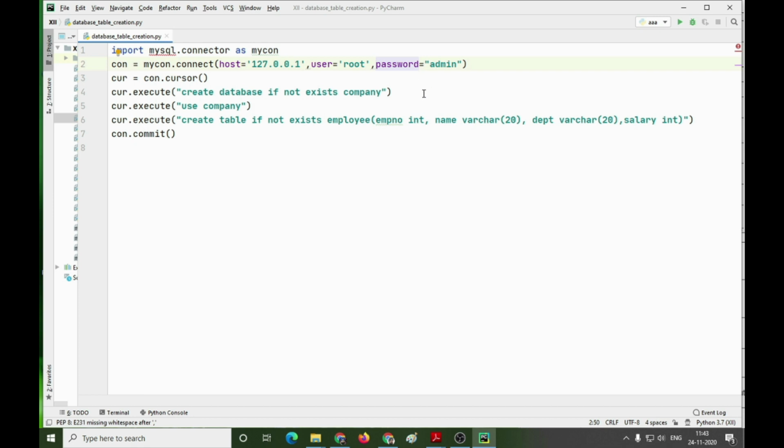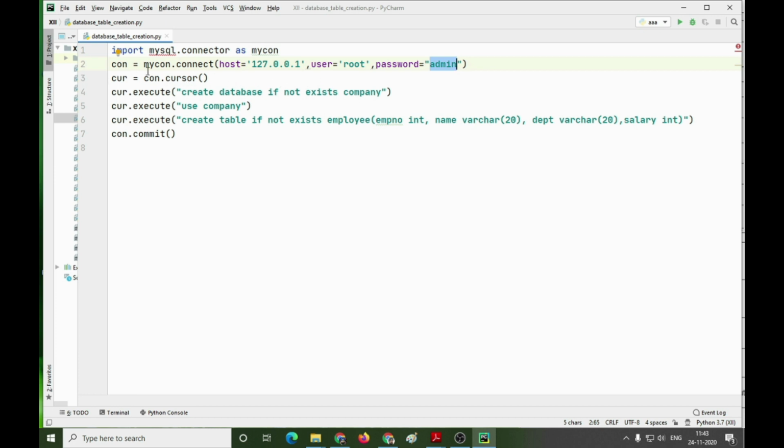In my case, I have given admin as the password, so I am writing admin. In your case, you will write your own password. Don't write admin because you might have given any other password.